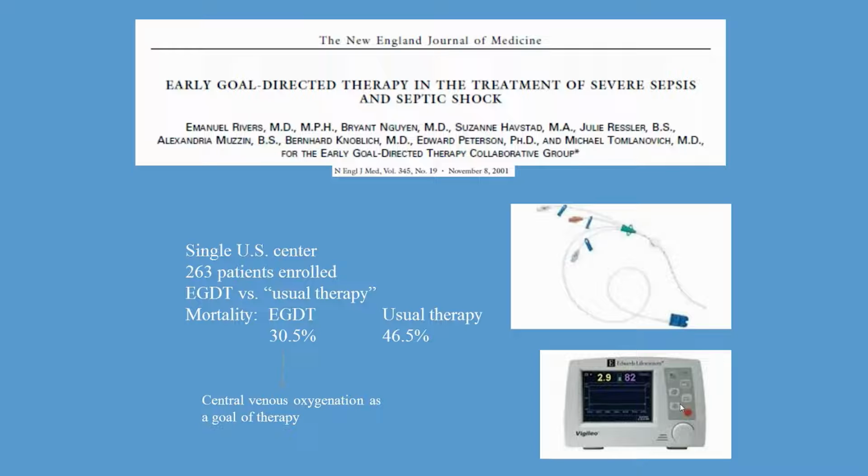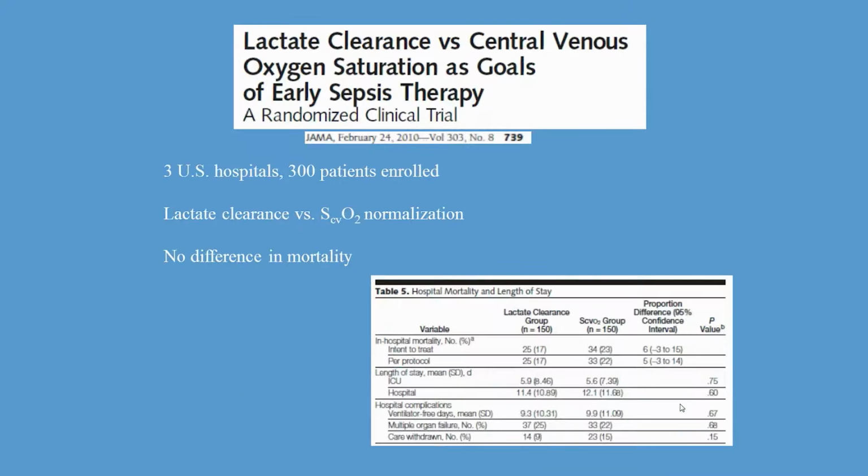So a huge improvement. And so based on this study, a lot of us started using mixed venous oxygen saturations as a routine part of our ICU monitoring of septic patients and in non-septic patients that were in really bad shape too. So follow-up studies looked at lactate clearance versus that mixed venous oxygen saturation, and showed that, hey, no difference in mortalities. You could use either or. So it opened up the possibilities of how to monitor these patients, but still using a biochemical parameter to assess